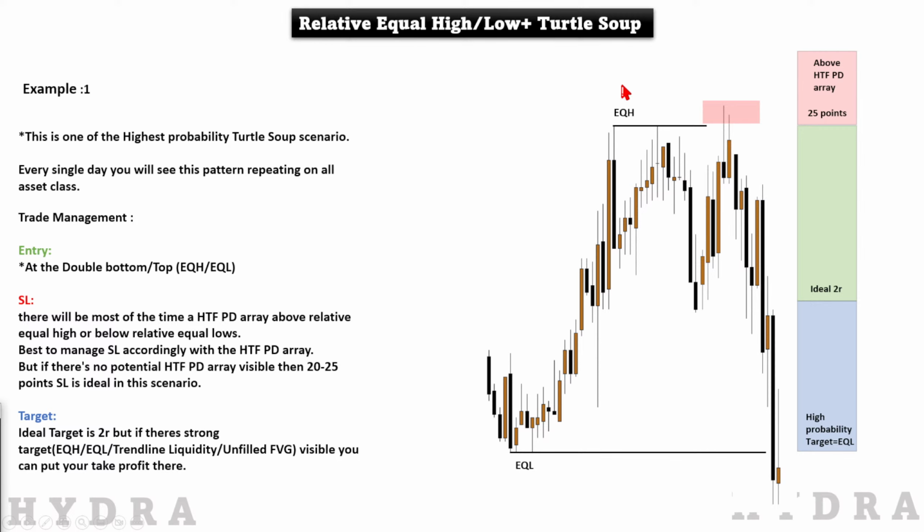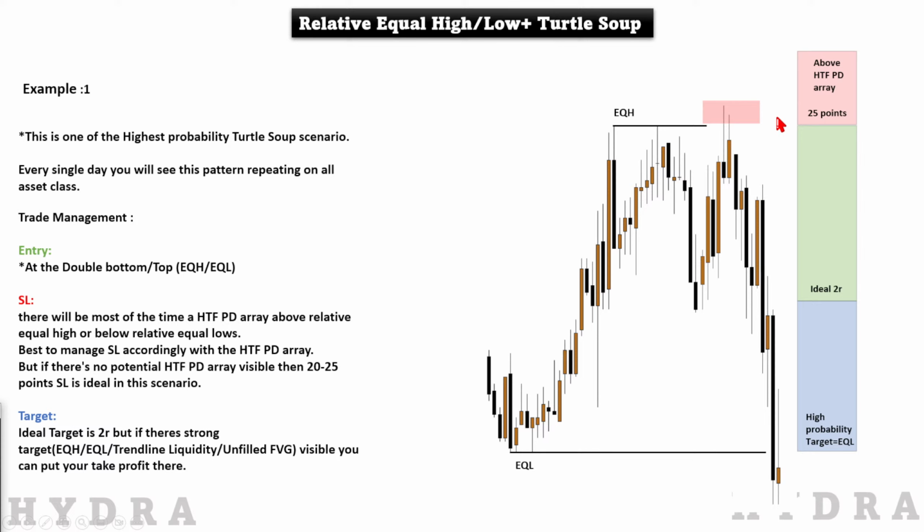If you don't have a higher time frame PD area, this is what you will follow. Best to manage stop loss accordingly with the higher time frame PD area. But if you don't have it, your stop loss will be 20 to 25 points. That's the best when you are trading futures or indices. I believe 20 points is a little bit small, so 25 points is good. If you are generous enough, if you are patient enough, then 30 points is the best,